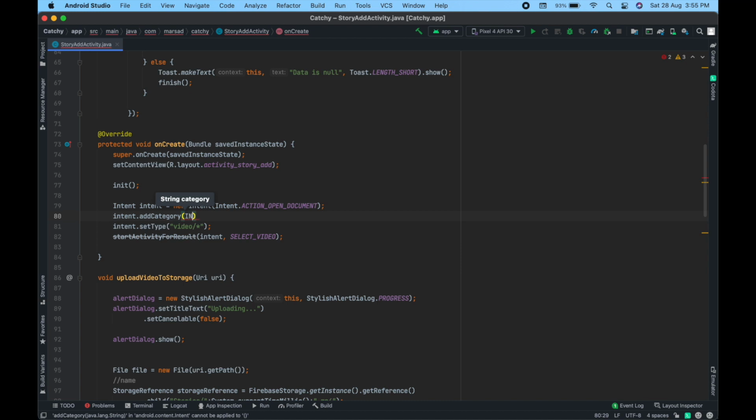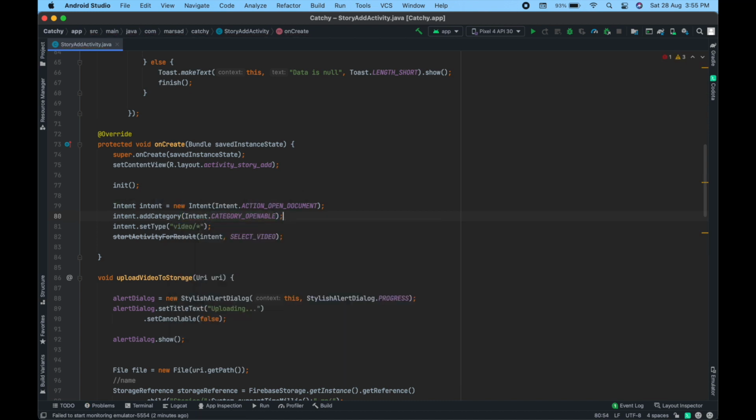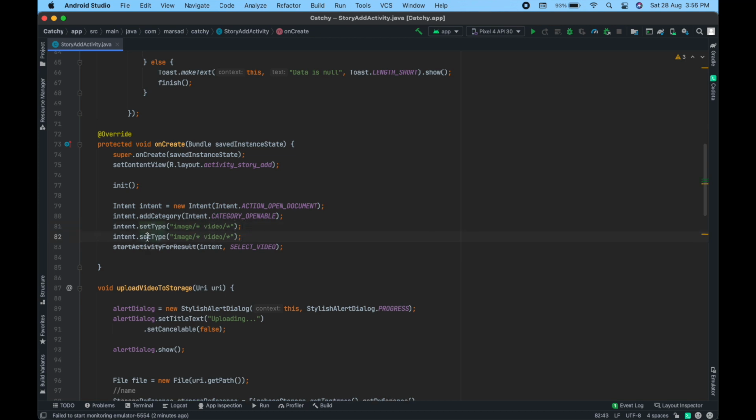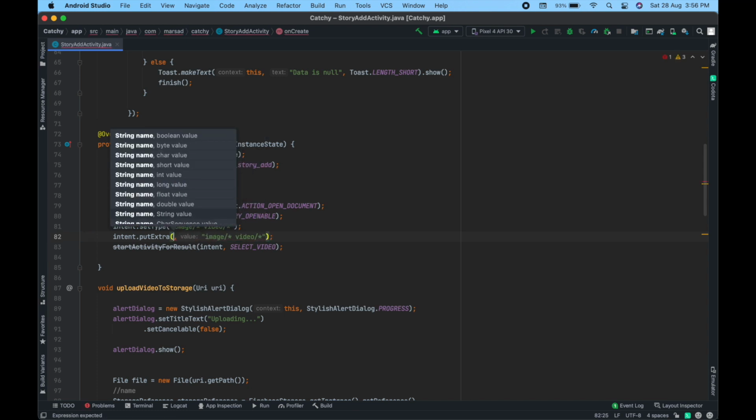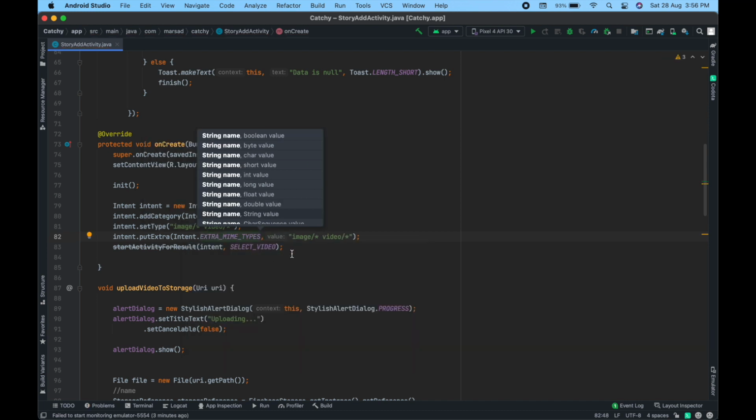intent equal new intent.action get document, and add category openable, and set type image/star, and video/star to pick video, and put extra intent dot extra mime type image and video,